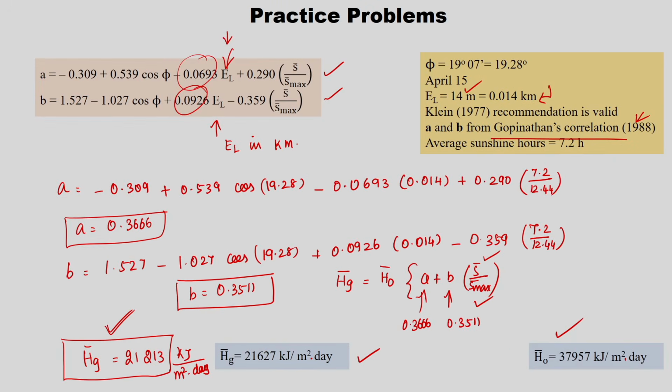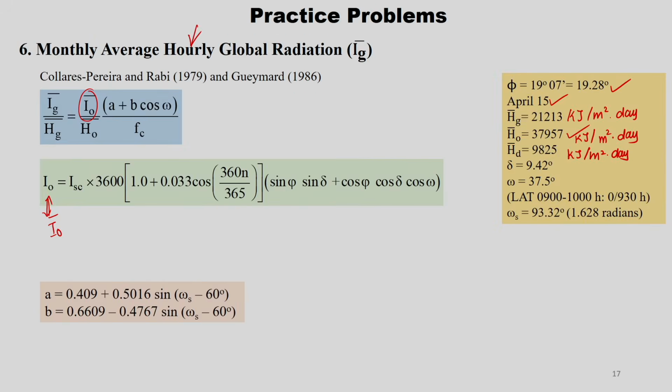So, here also we are supposed to follow the convention. And then delta is 9.42 for the same day. So, omega here, remember, before that we did not have this problem, it was daily global radiation and daily diffusive radiation, but here it is hourly global radiation, right. So, right now for the previous problem, the solar flat plate collector problem, we have taken the time as 10 hours.